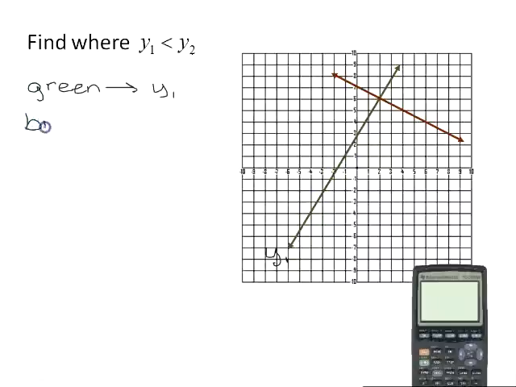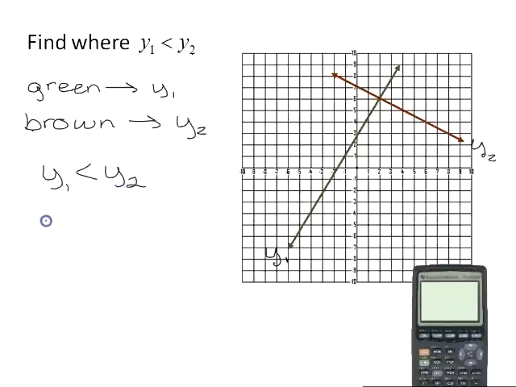Let's say the brown line is my y2. That's this line. If I want to know where y1 is less than y2, I'm looking at my y values. So I want to know where the y values on the green line are less than the y values on